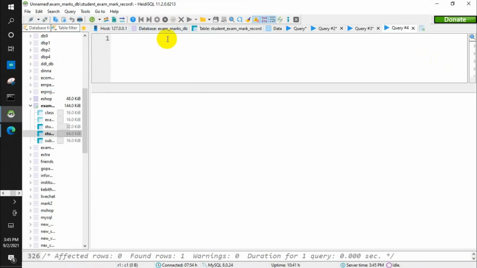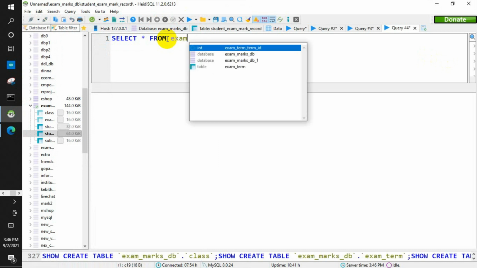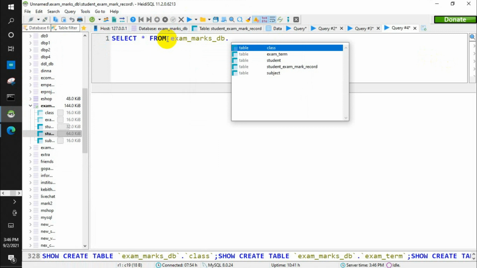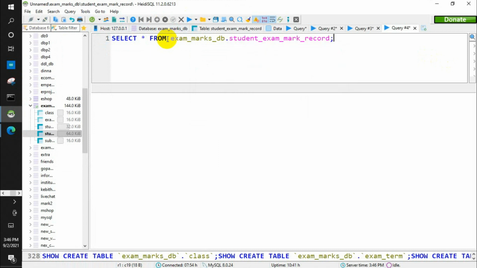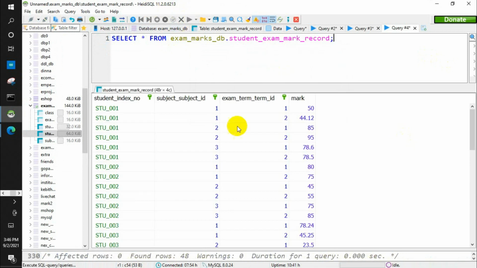Now, as usual, I am going to introduce the basic table which has all the marks: exam_marks_db dot the marks table. Now I will run the query.